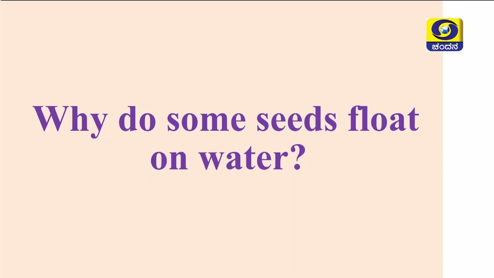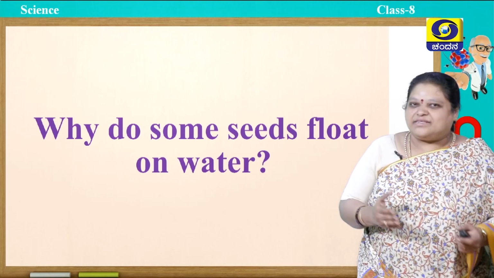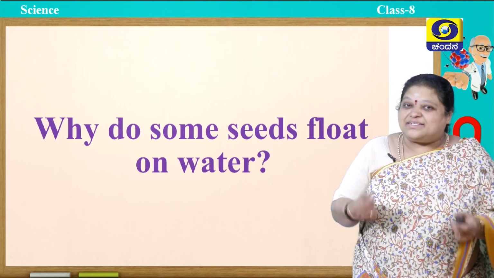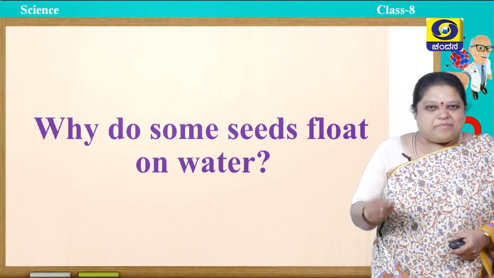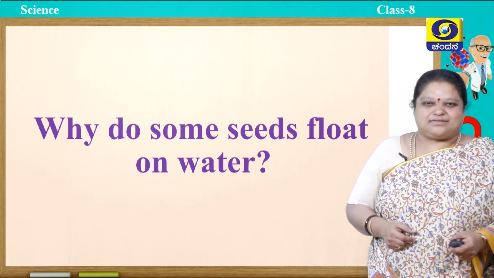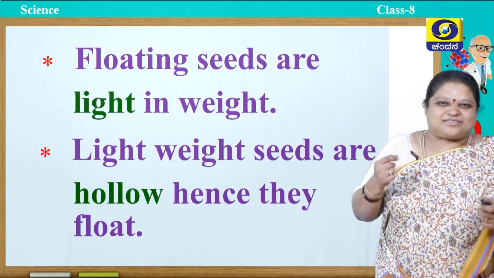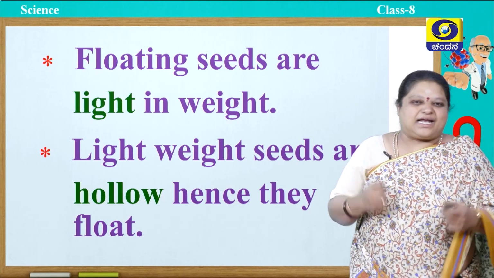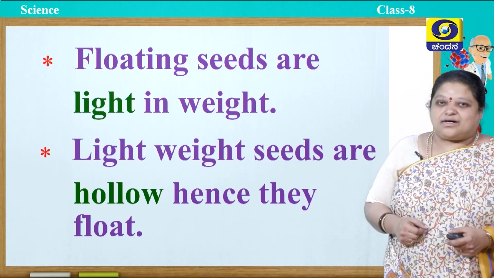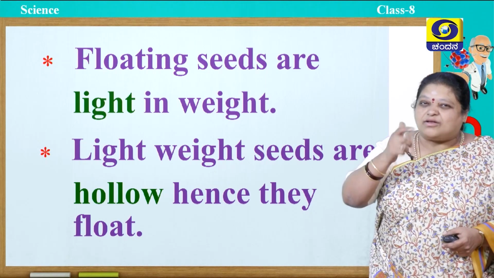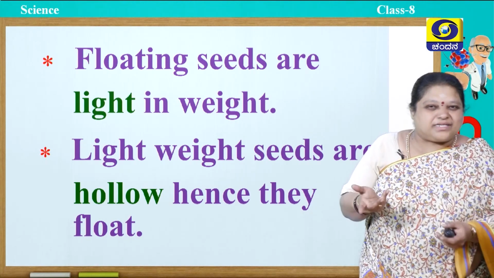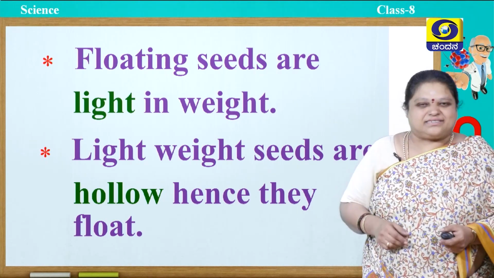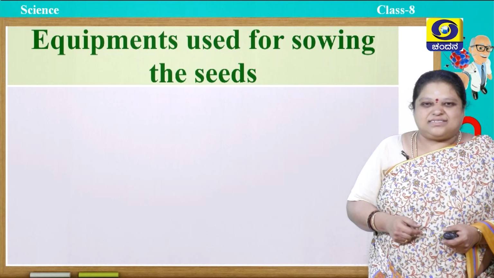So did you see how we can identify the healthy from the damaged ones? But I am asking you, why the seeds are floating on the water? The damaged seeds, why do they float on water? Simple, the seeds float on water because they are light in weight. They are very light. Why are they light? Because the damaged seeds are hollow. Inside nothing is present. It is husky. So they float. So they are not healthy seeds. So like this we can separate.